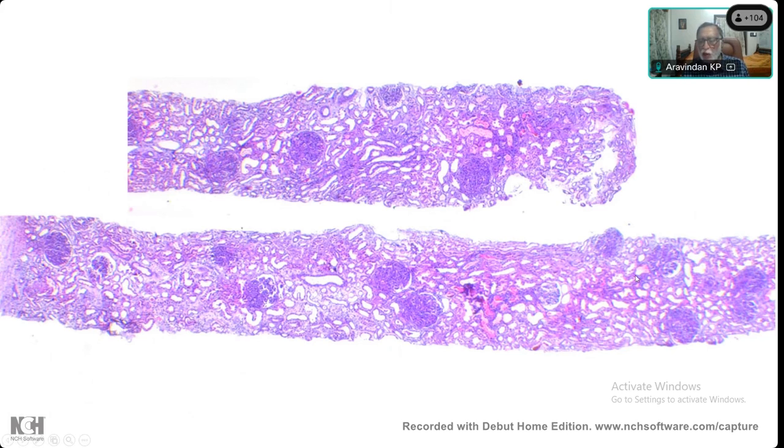What do you think about the tubulointerstitium? Sir, tubules are back to back arranged, so you think these are normal? So again, it shows that there isn't much permanent damage. So this seems to be a reversible condition with no progression or permanent damage so far, and with very large and hypercellular glomeruli.